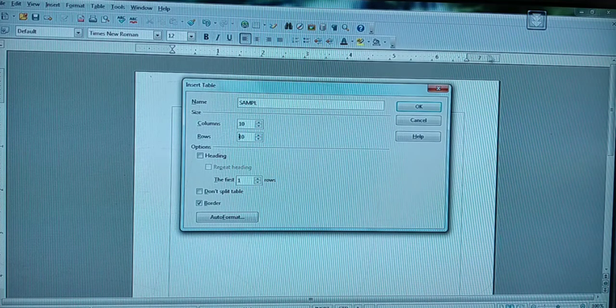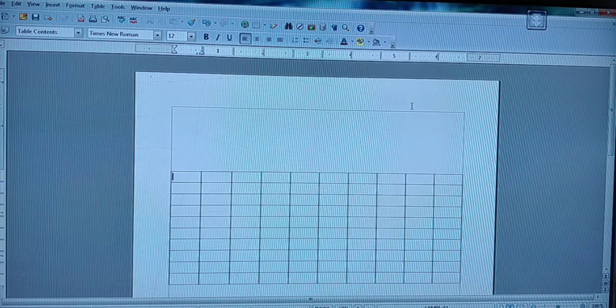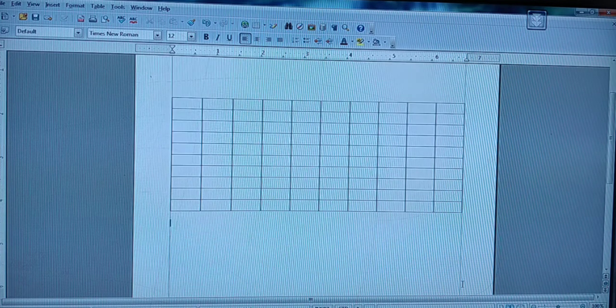After finishing this, you can click OK. See here, we have the table with 10 rows and 10 columns. Clear with this one? This is the way you can insert the table by using the table icon.